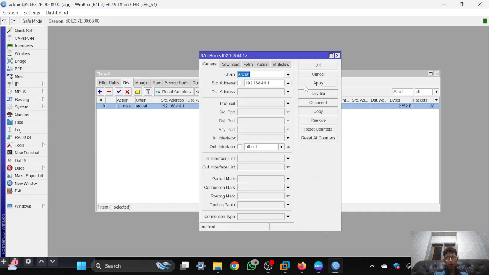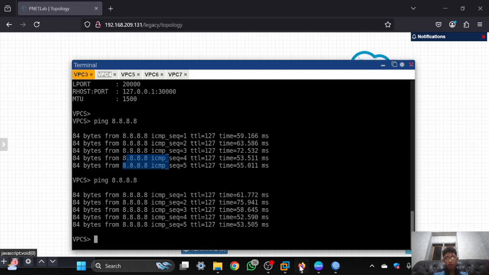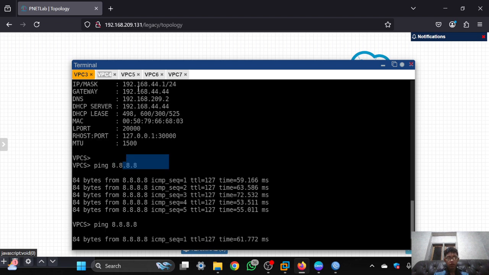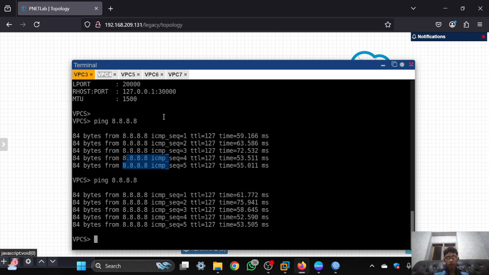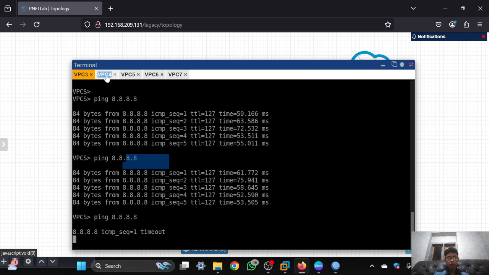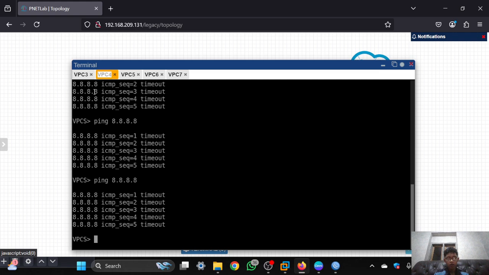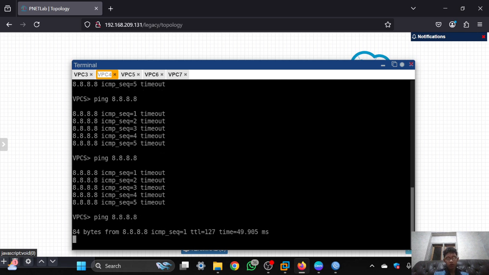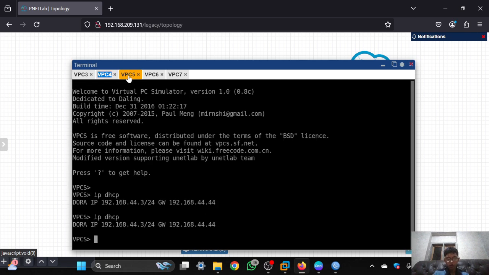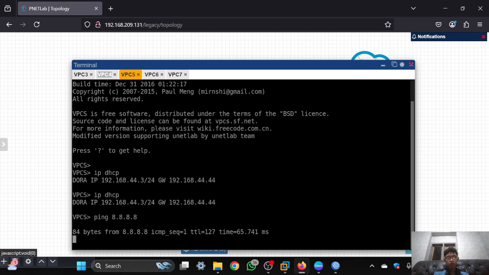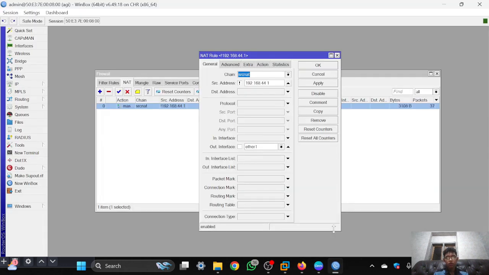But if we click this, it will turn on, and click apply, this IP cannot access the internet, but the other IPs except the IP that has been set in the src address can connect to the internet. Like this. So that is using NAT.